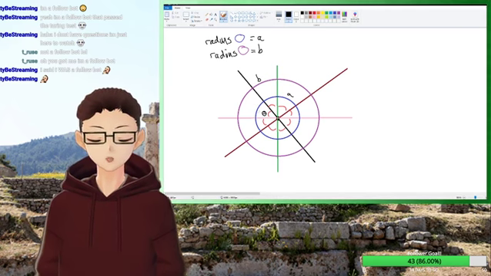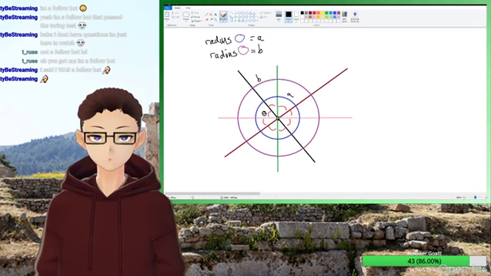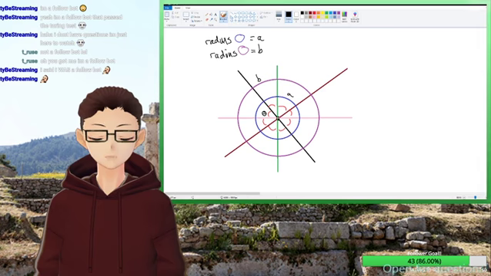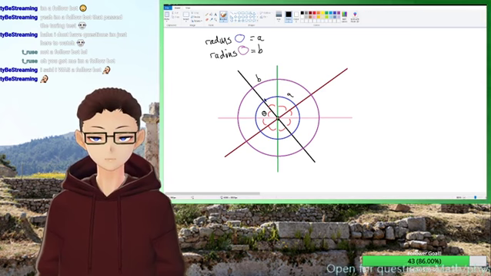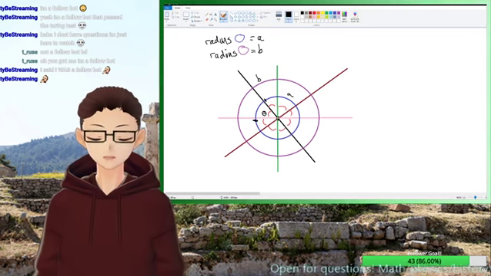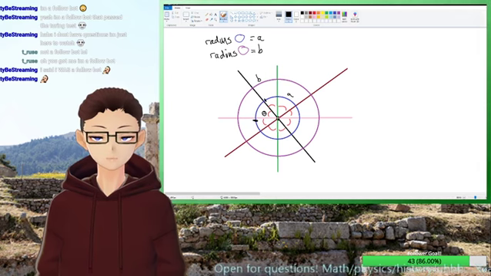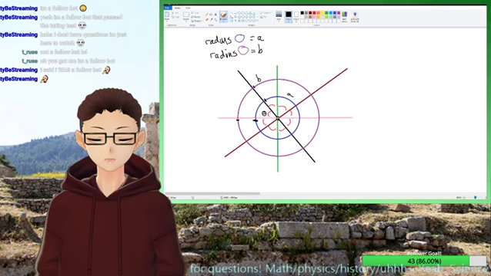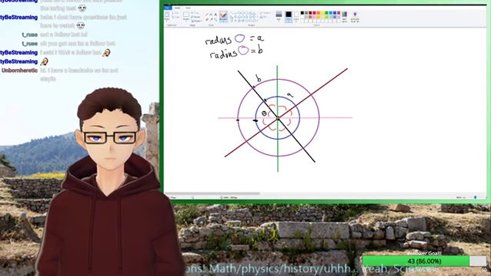And let's do one last thing. Let's count how many lines coming from the center are found in any theta degrees of a circle. So theta degrees would be from there to there. How many lines are penetrating the blue circle? 1, 2. The black one and the pink one. Theta degrees would also be from here to here on the purple circle. So how many lines are penetrating the purple circle per theta degrees? Well,